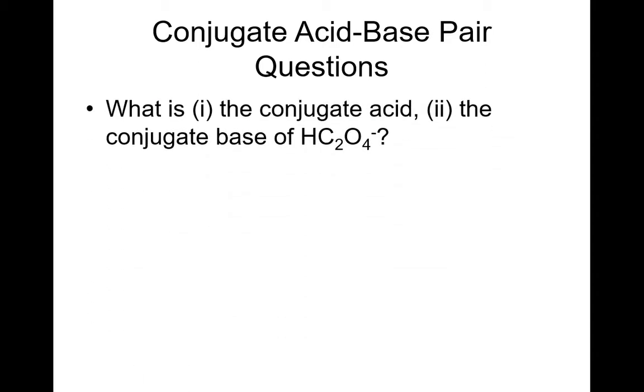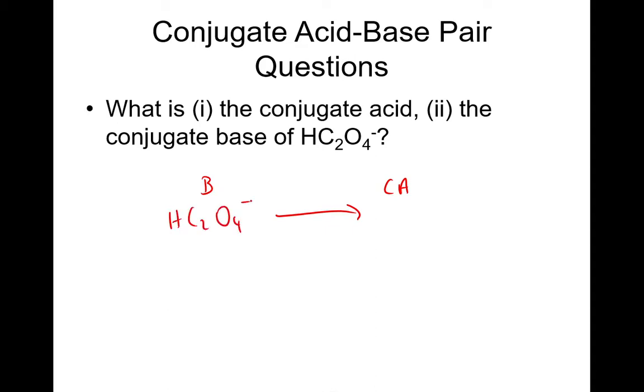Okay, a typical question they ask in the Leaving Cert is something like this. They'll focus on one species and they'll say, what's the conjugate acid or the conjugate base of HC2O4 minus? Now here's what I need you to think of. What is the conjugate acid? So in other words, I want to work out what the conjugate acid is, meaning that I must be starting off with the other half of that pair, which is the base. Okay, so if I want to work out what the conjugate acid is, then my starting point must be a base,